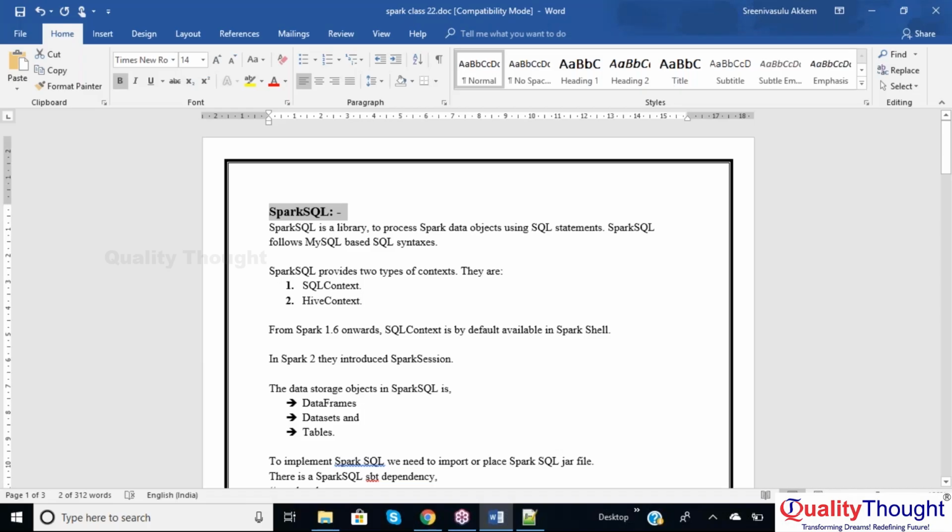What is Spark SQL? Spark SQL is a library to process Spark data objects using SQL statements. In the previous section, we saw Spark core. There we used RDD programming to process the data. But today we are going to learn SQL programming to process